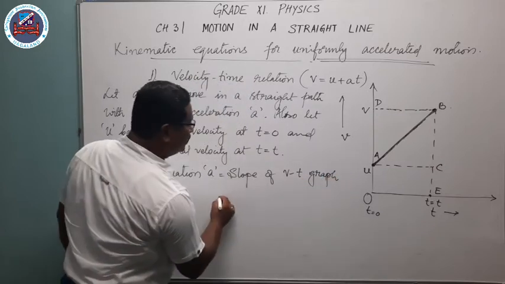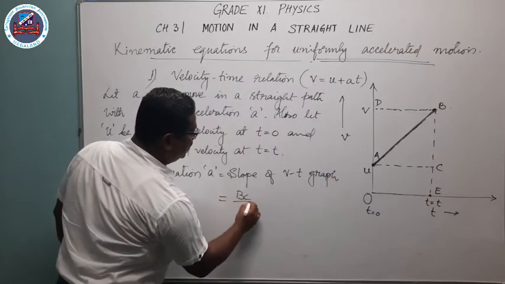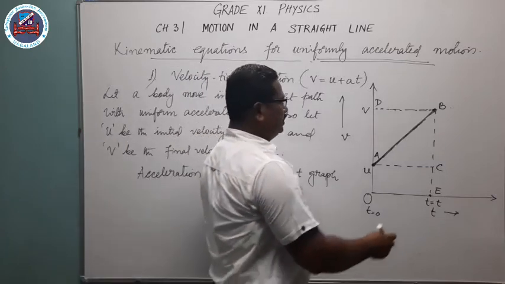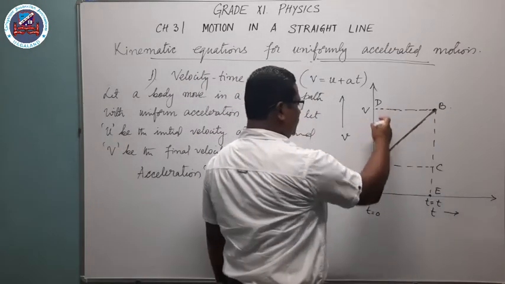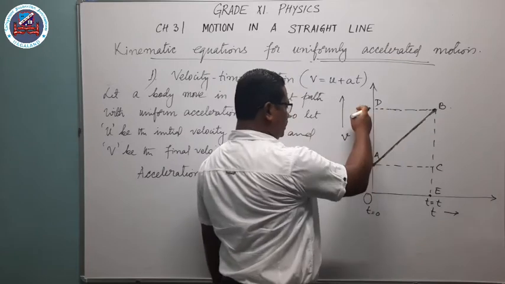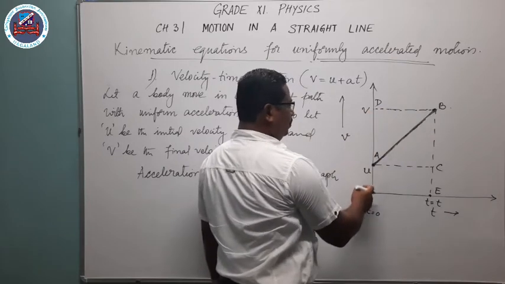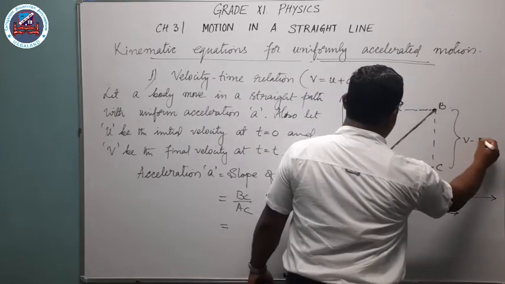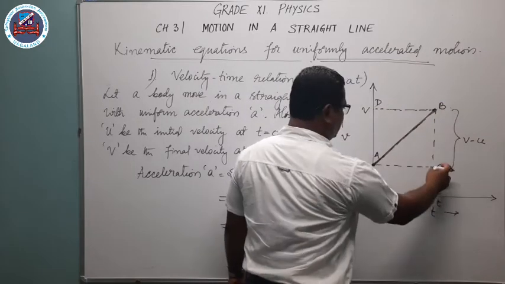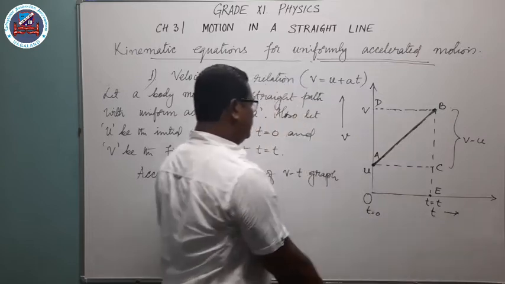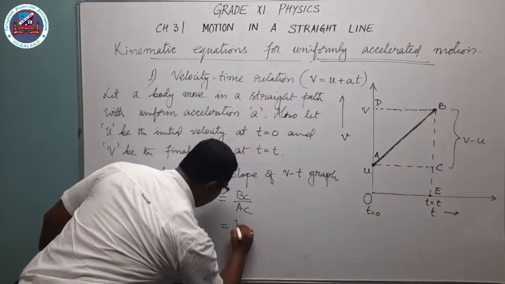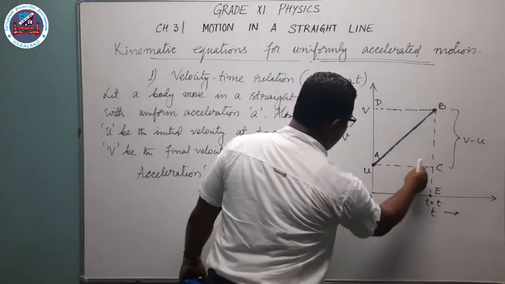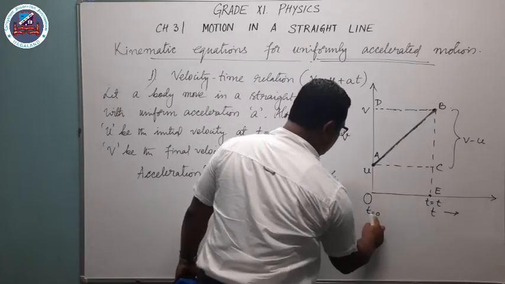So the slope, if you take it, it will be BC by AC. BC, as you know, is this length BC, that means from D to A. Then it will be DO minus AO, or if you take it here, this part will be V minus U, final velocity minus initial velocity. You have to subtract it. BC is here V minus U, and AC, if you come horizontally, it is T minus 0, it will be